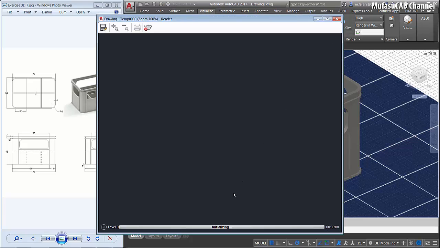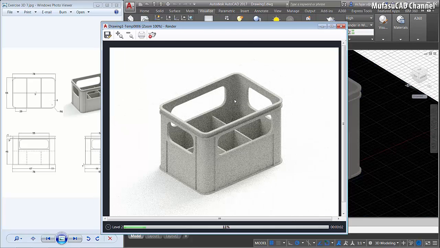Waiting for interlacing. Waiting until complete. It's about 10 levels, and then you can change into 15 levels or 20 levels to make the object look more smooth. Okay, level 8 now. Okay, until finish level 9, and then we finish the rendering.